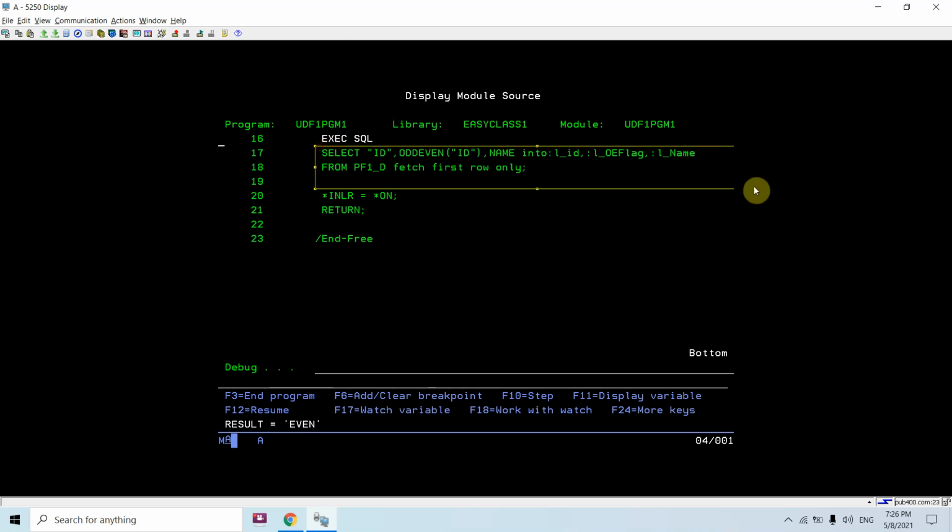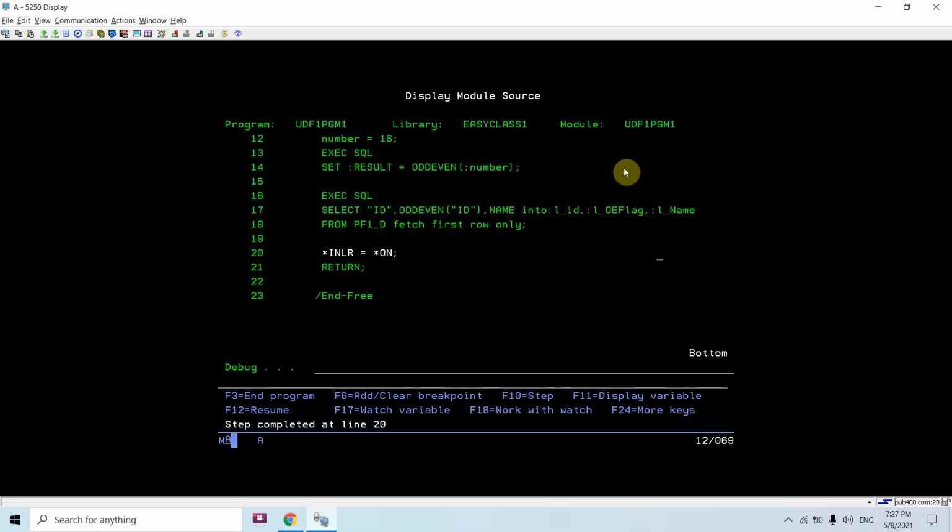Now this is another way to execute this, to reference the user defined function which I created in this SQL statement. You can check these fields are right now blank or initialized to their low value. After execution of this SQL statement, you can check the SQL code as well.